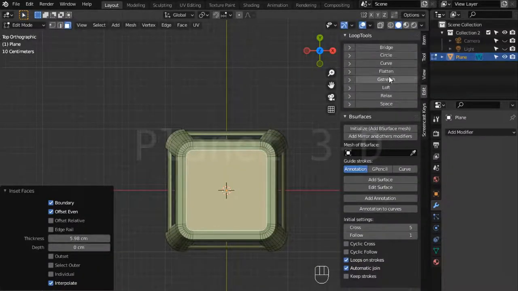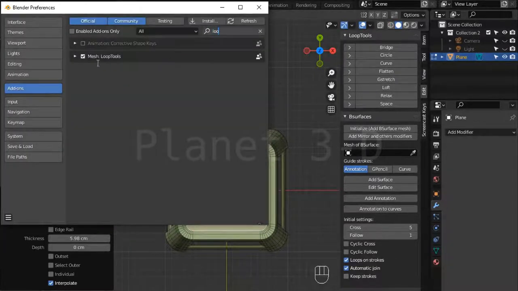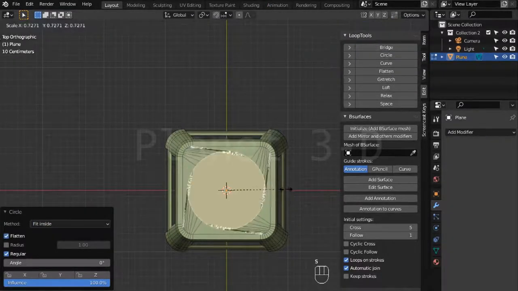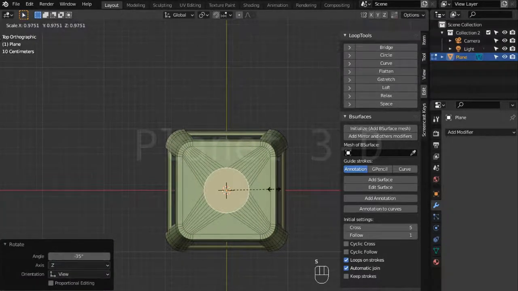For loop tools, go to Edit, click Preferences, click on Add-ons, type Loop Insert, click on Mesh Loop Tools, save the preferences, click on Circle and select Fit Inside, then scale it, rotate to -35,